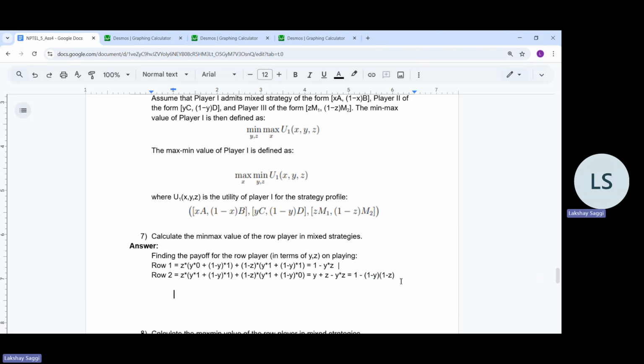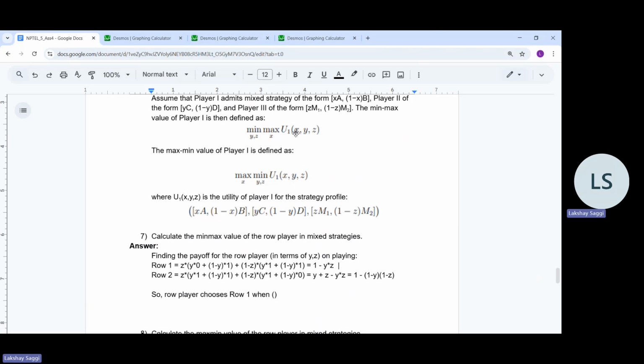And now what the row player really wants is to maximize between these two entries, right? And so the row player essentially chooses row one when,